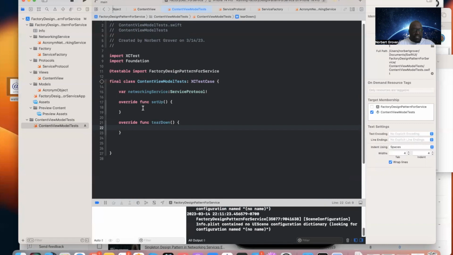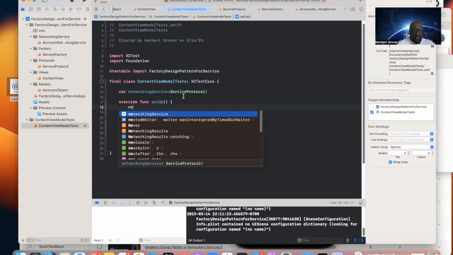So now we have these two. Now what we're going to do is our setup and our teardown. Our setup is going to be, we're going to instantiate the networking service. Networking service